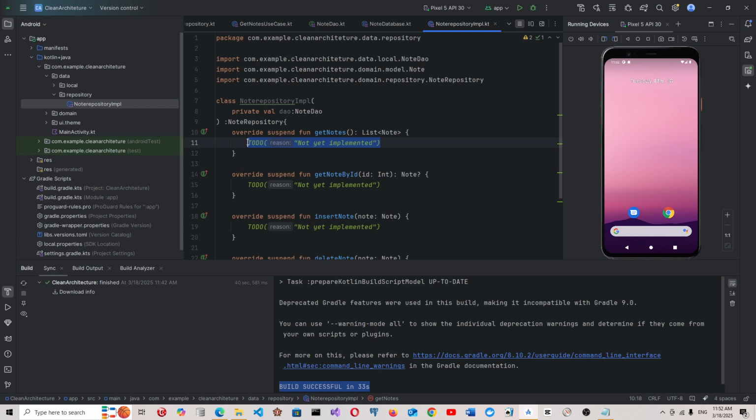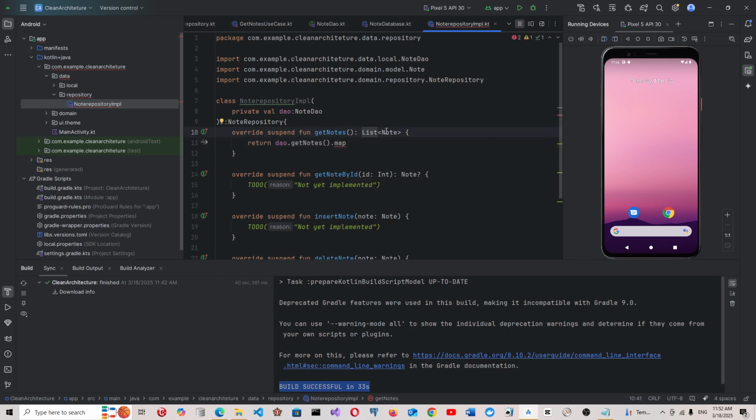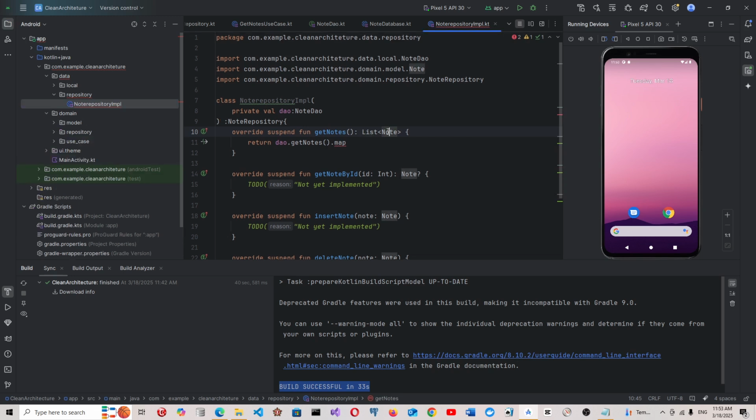Over here we say return DAO dot get nodes, and we return a list of node, which is our domain model object of nodes, and we need to map it